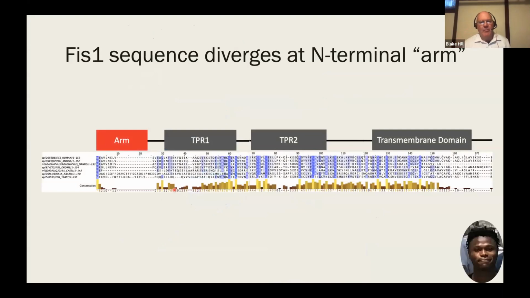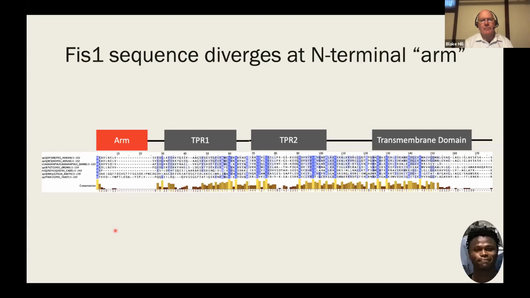Ugo Acho in lab, who's a graduate student and one of our bioinformatics experts, has done a sequence alignment, as have others. And really, in looking down at FIS1, what we see here is high conservation through most of the protein. It adopts a common protein-protein interaction motif consistent with the idea that it's a TPR fold. But where it's really divergent is this N-terminal region, which has been dubbed by others as the FIS1 arm. And you see, it's hard to see here, but you can just see very low conservation in the